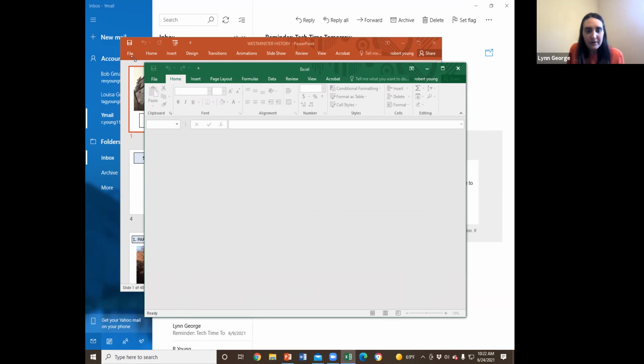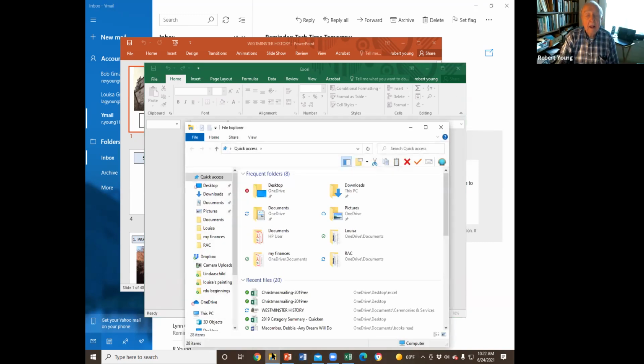So go to the yellow folder icon at the bottom of the screen. Yes, all right. And double click. And then where it says this PC. This PC, now wait a minute. It's on the left-hand side. Yes, here. Yeah, if you click that